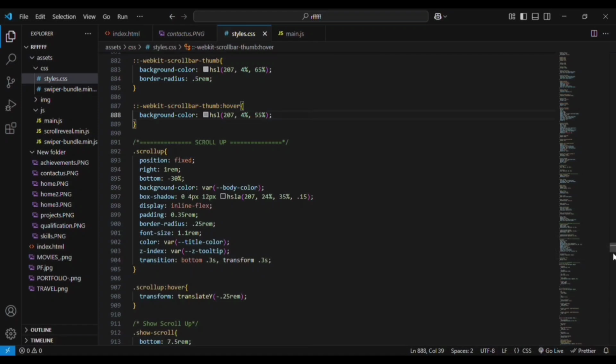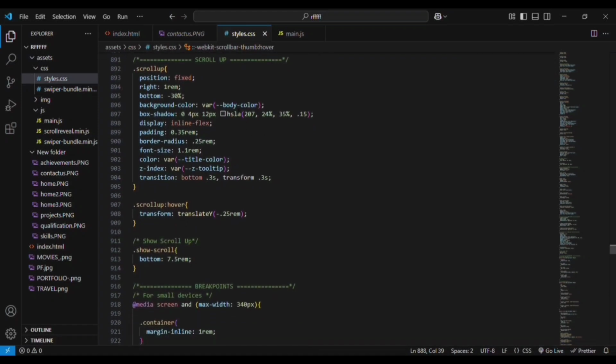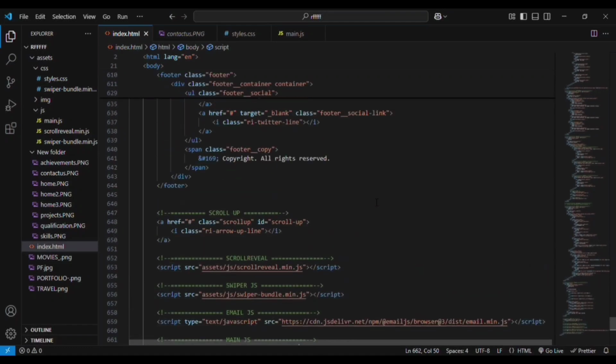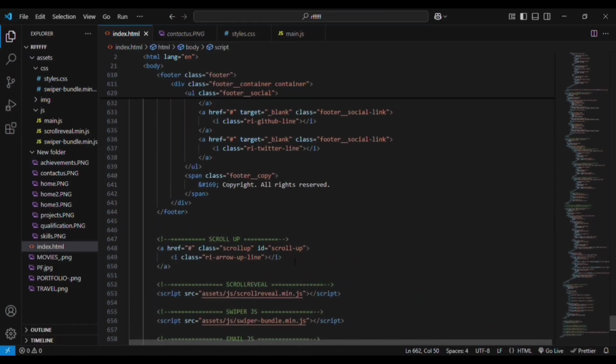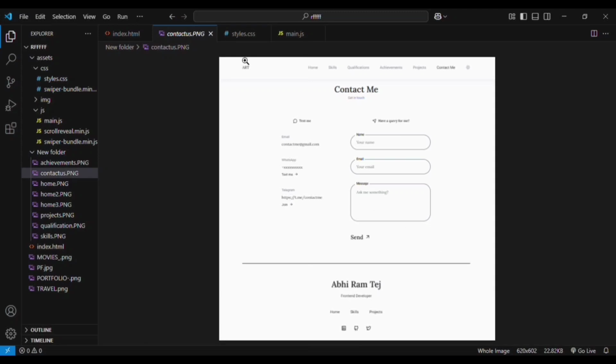You can see this is the scroll up button that we have added at the bottom of the page. At the bottom of the page, we have added this scroll up button, right? That button is nothing but, whenever you click on it, it will move you back to the starting page. For that, we are adding the font size values, and